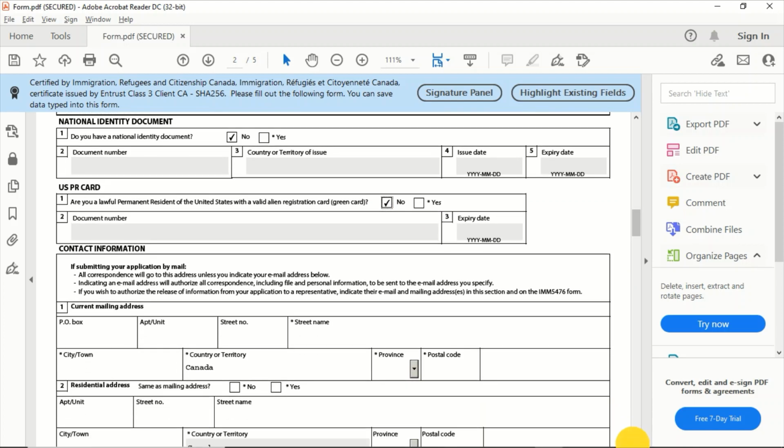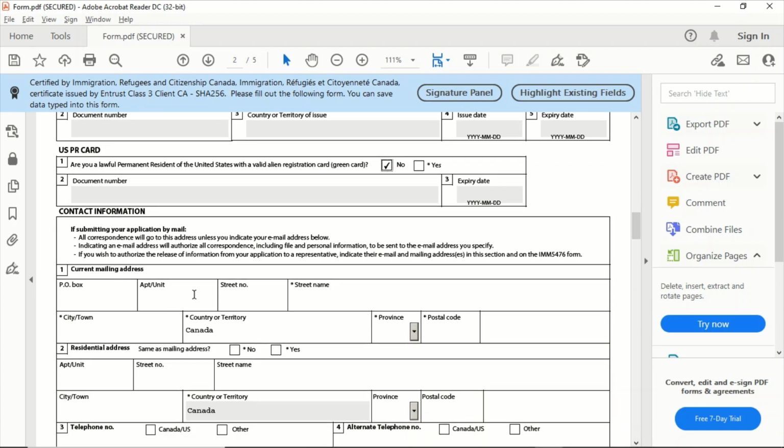Then your current mailing address, whatever the address you are staying, apartment number, unit number. Insert that one. City. What is the postal code? Is your mailing address same as your residential address?